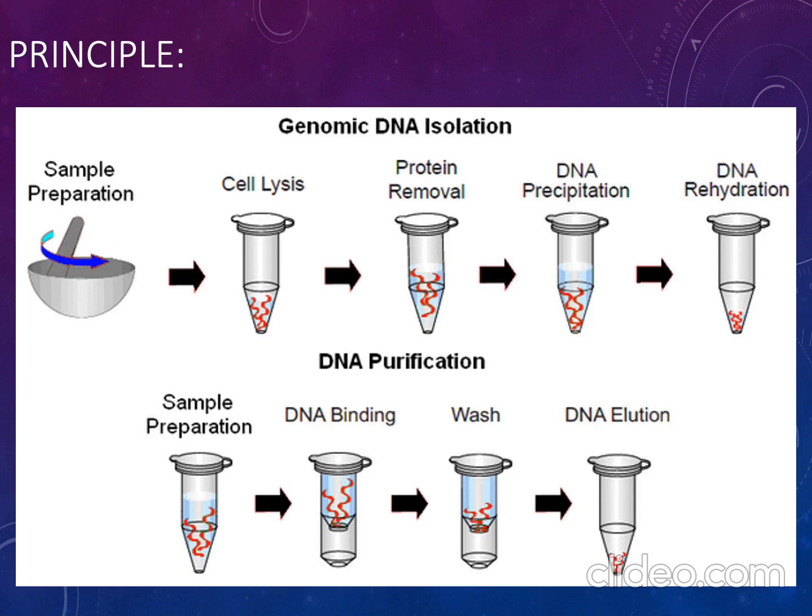The principle of this experiment is the cell is disrupted physically or chemically to get a fluid containing all the cell components including DNA. During cell lysis, different chemicals and reagents are used to break down different cell components. Examples: lipids are broken down by detergents and surfactants. Proteins are broken down by protease and RNA is broken down by using RNase.